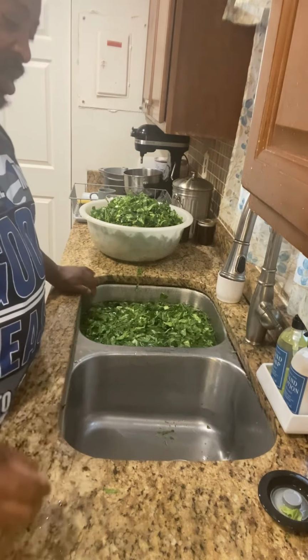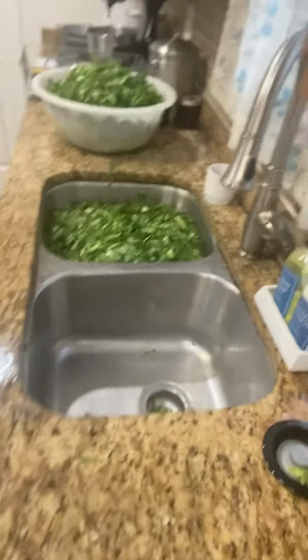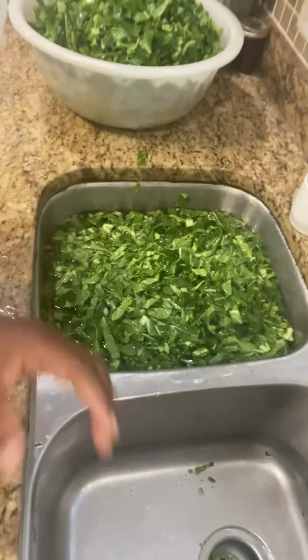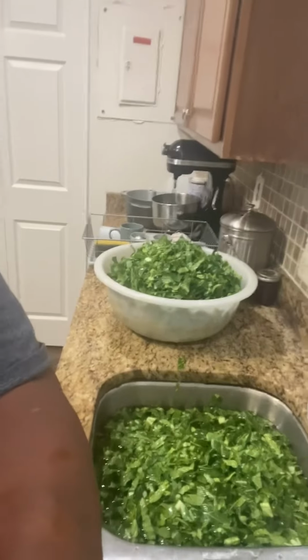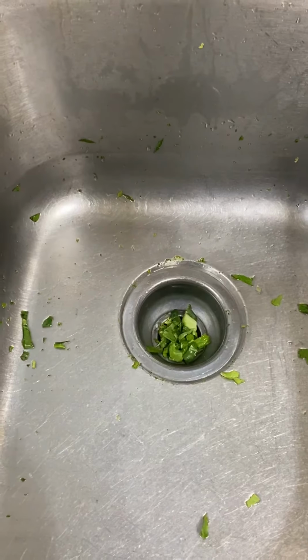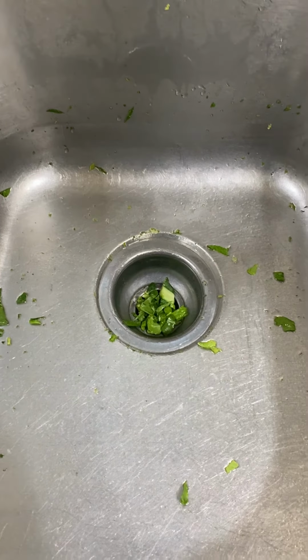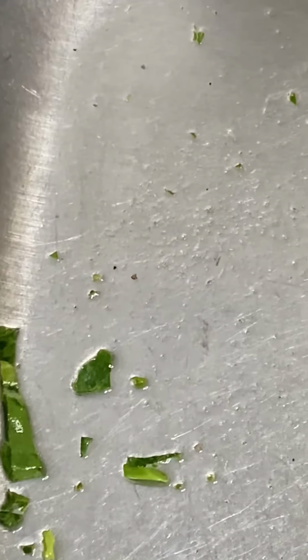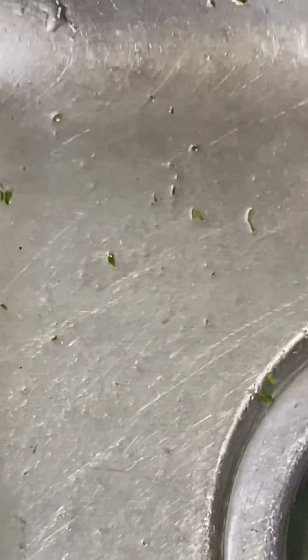All right, so now I'm gonna show you the dirt, hopefully, that you can see it. I don't know if you can see it or not. Let me first flip the camera around so I can see what you see. Let's see. All right, I'm back. I flipped the camera around. And so we're gonna go in and we're gonna look at all the debris, the dirt, and the sand that came off the greens. And so what you do is you look for this